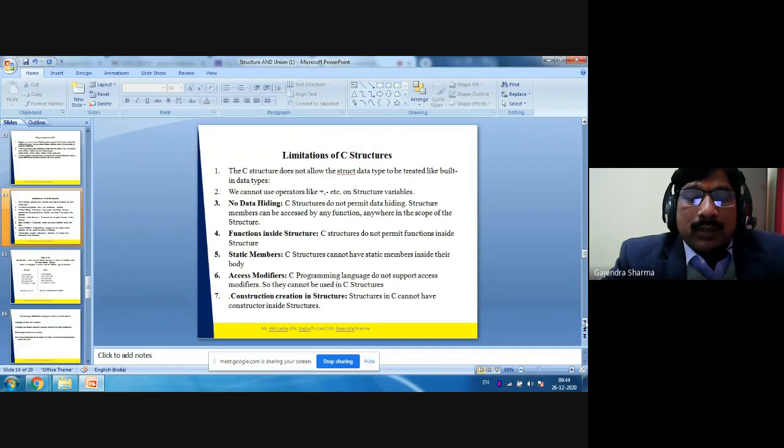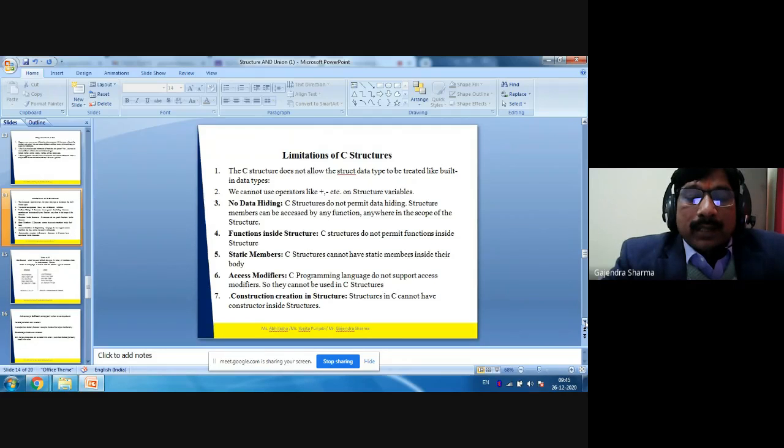The fourth limitation of structures is functions inside structures. C structures do not permit functions inside structures. We can define a function outside the structure, right? And the fifth one is static members. C structures cannot have static members inside their body.